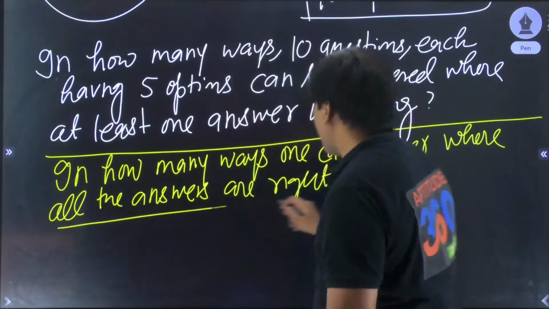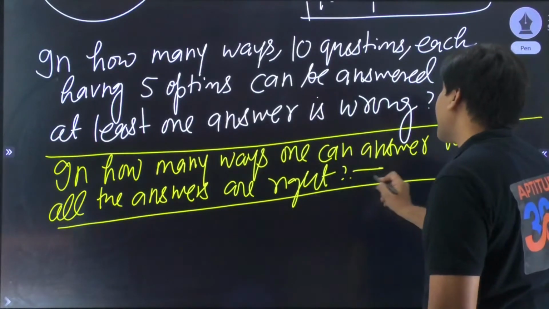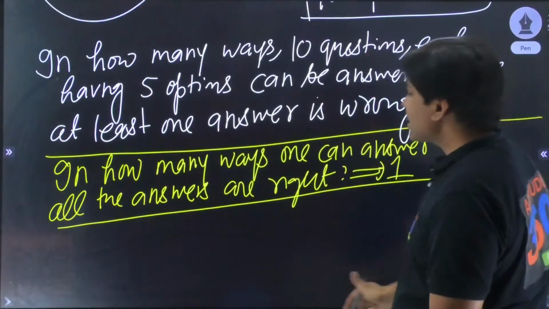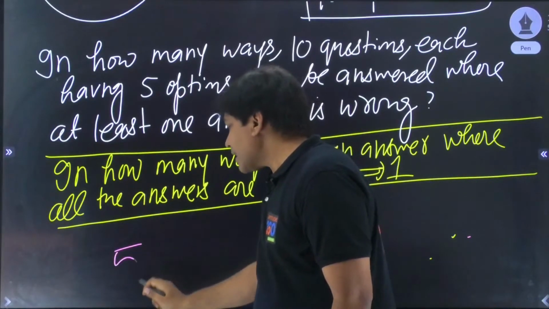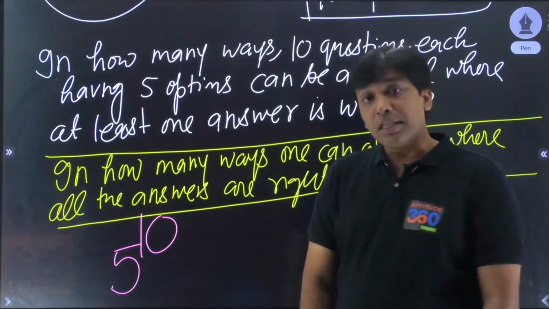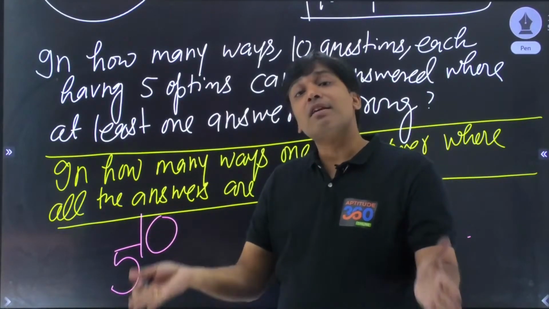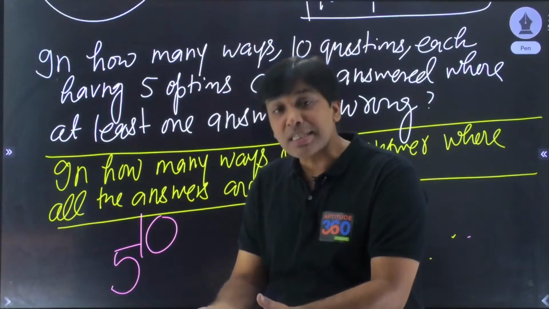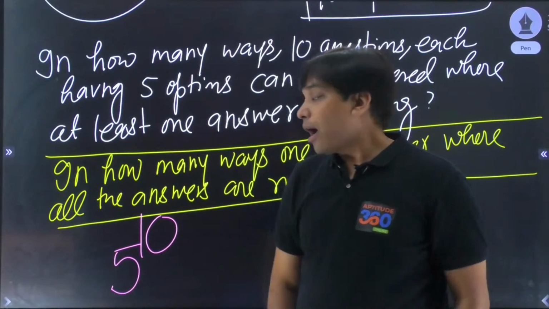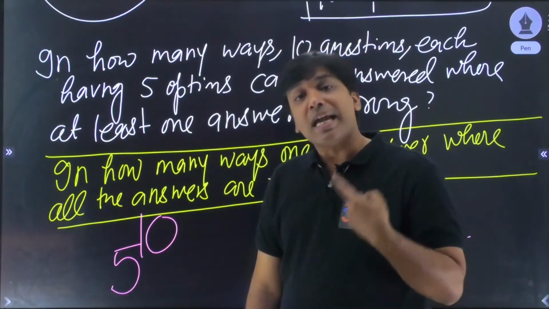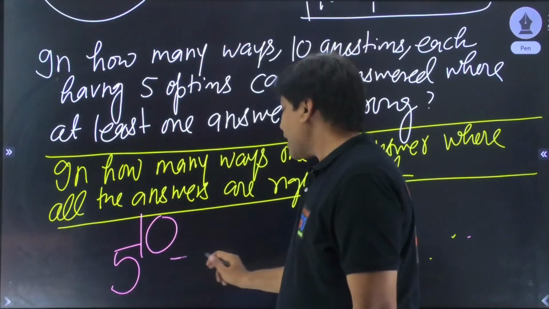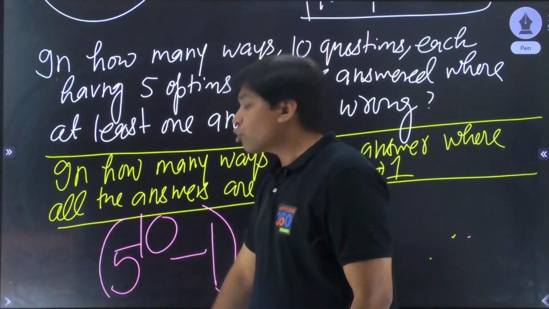So आपके पास में ये तो आंसर आ गया 1. Now my question here says, भाई देखो आंसरिंग कितने तरीके से करी जा सकती है, 5^10 ways में से। These are the total possible ways in which 10 questions each having 5 options can be answered. Is it not? अब उसमें से कितने तरीके हैं जब वो सारे के सारे ऑप्शन सही हो जाएंगे? Only one. So if I subtract this from here, don't you think